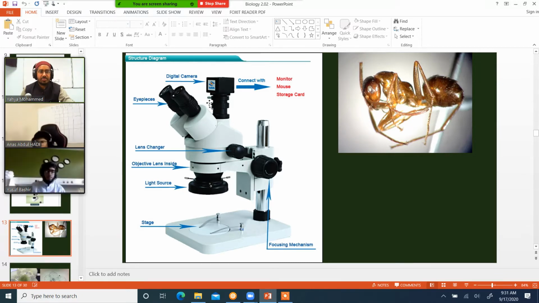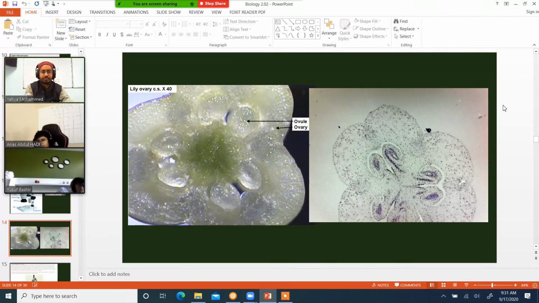And then here, some of them even have a camera on the top, right? You see this camera, right? Yeah. All right. So we actually have one of these here at the school, but it's a low power one. It's not a super high power one, but it's still pretty good though. So this is giving you a different example, right?